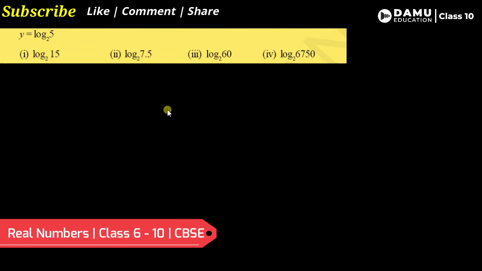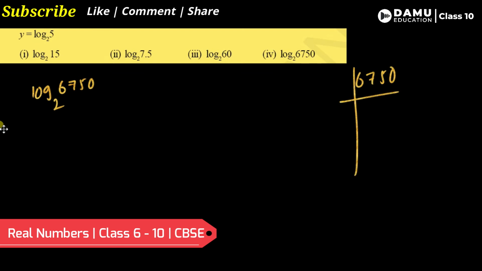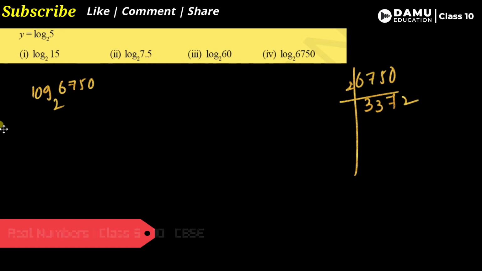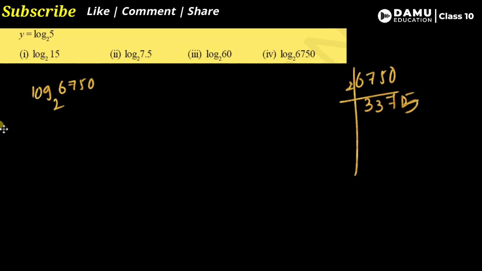Next, the last one, what is that? So let's take the last one, 6750. So log 2 6750, that is 6750 base 2. Let's start with the prime factorization. 2 3s are 6, then again 7 is there, 2 3s are, then 3 7s are 21... then 2 5s are. Then will it go with 3? Yes, it goes with 3. So 3 1s are, then 3 2s are, then 3 5s are. Does it go again with 3? Yes. So 3 3s are 9, then 3 9s are 27, then 5s are 3 75.